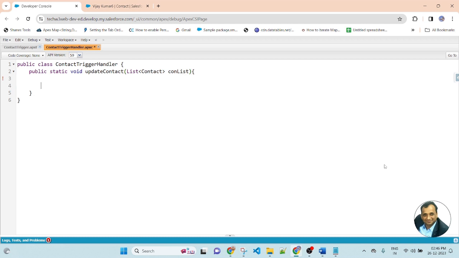Inside the method, I am applying a for loop: contact conPhone colon, pass the list of the contact as a parameter. Create an instance of the contact.